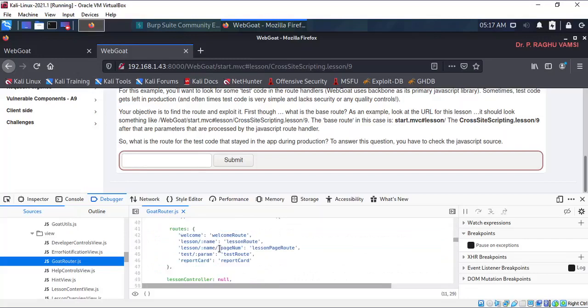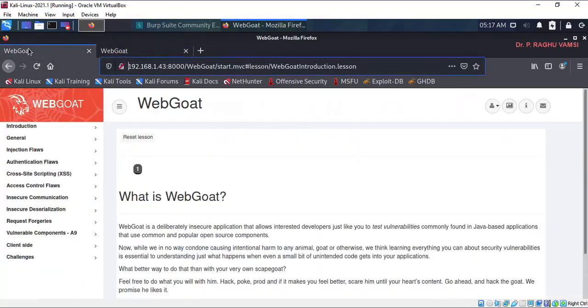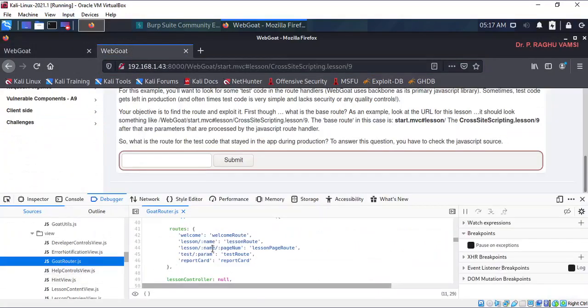Welcome gives you the welcome screen. Under this you have lesson slash name, the lesson route, lesson slash name slash page number, and the lesson route test.